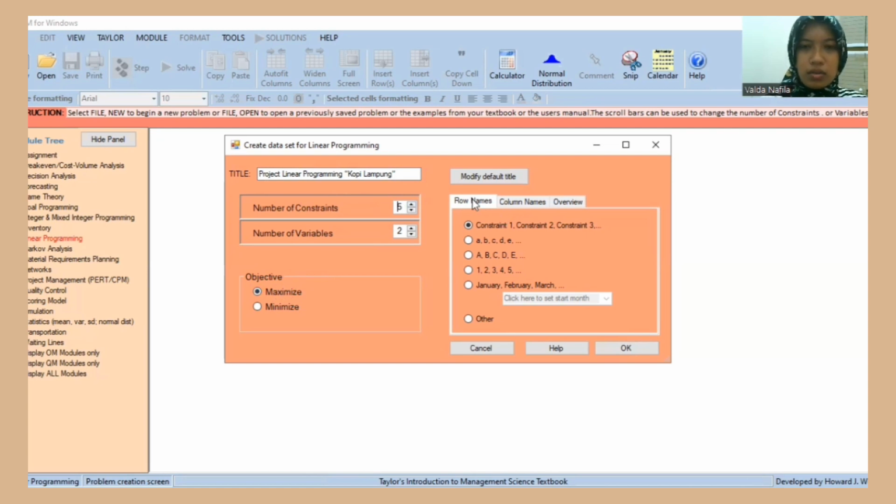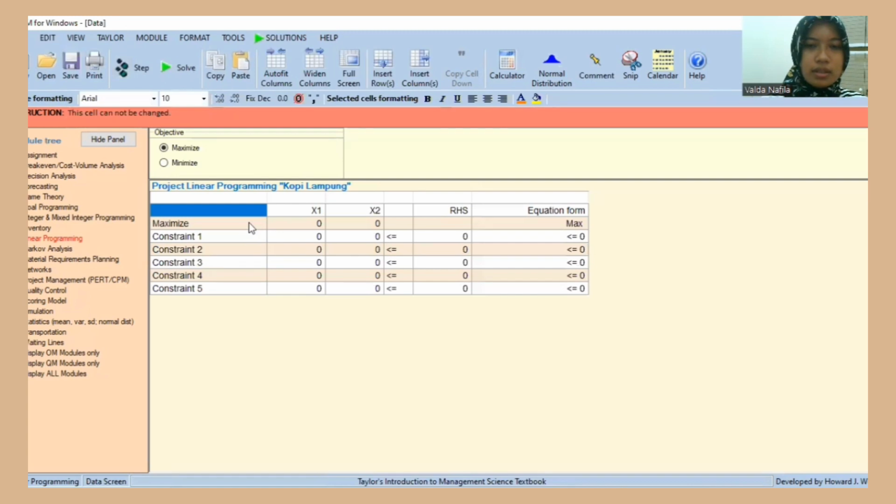And in here you can choose the row names and column names. In here I will choose constraint 1, constraint 2, and so on, and the column names are x1, x2, and then click OK. The third column in here is for the objective function.